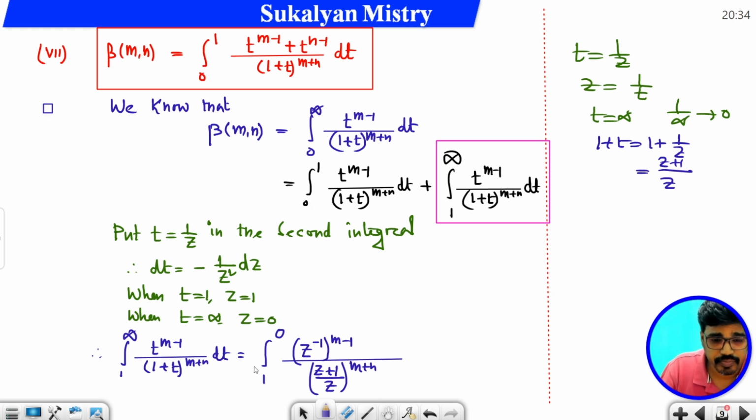What is dt? dt is minus 1 by z square dz, ঠিক, minus, so limit change হয়েছে 0 to 1,